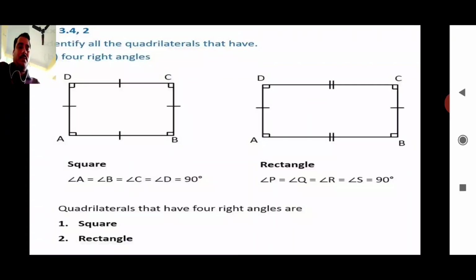Next one, for right angles, you know that in a square all angles are right angles, 90 degrees, angle A equals angle B equals angle C equals angle D, and also in a rectangle all angles are 90 degrees. So quadrilaterals that have four right angles are square and rectangle. Next one,